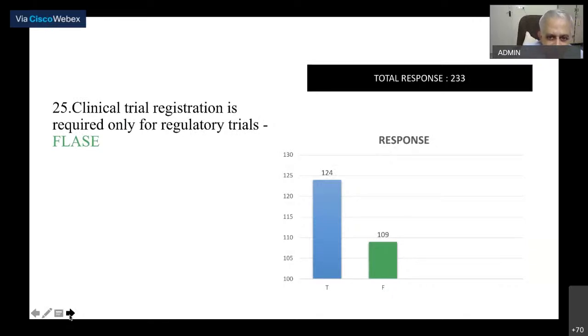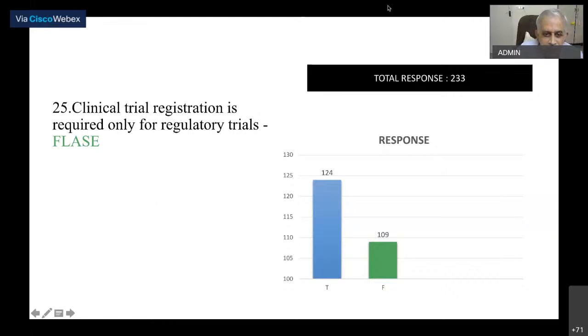Clinical trial registration is required only for regulatory trials. So clinical trials are of two types. One is regulatory, one is academic or non-regulatory. What PGs or you do without any funding from others or some influence from others, that is called non-regulatory trials. Academic, they just want to see. Suppose a drug is given at 100 milligrams, you think 150 will be better, then you will give 100 and 150 to two groups of patients and check which is better. So that is